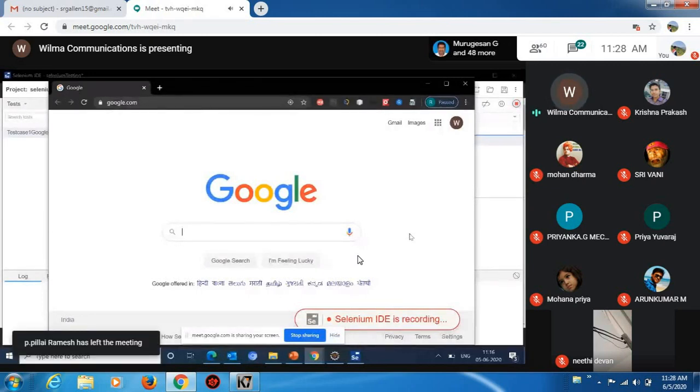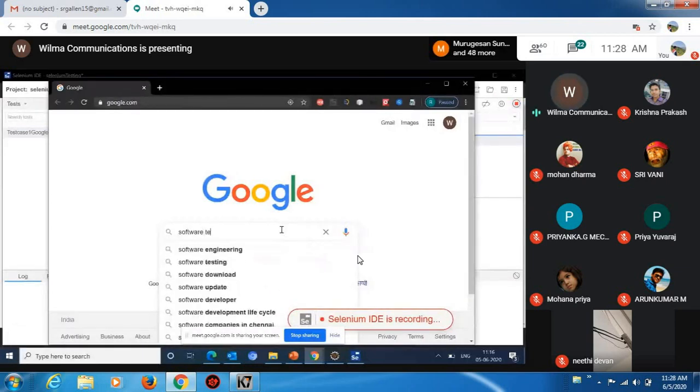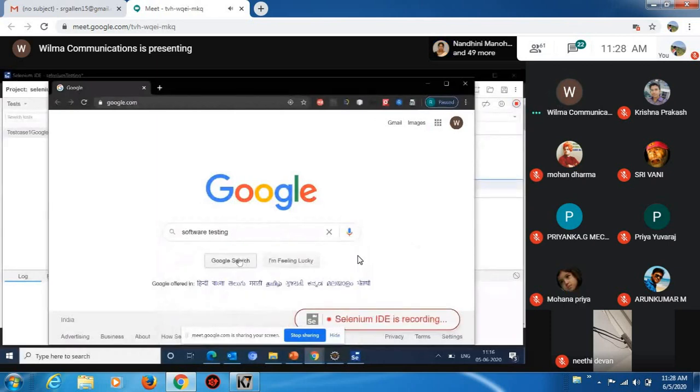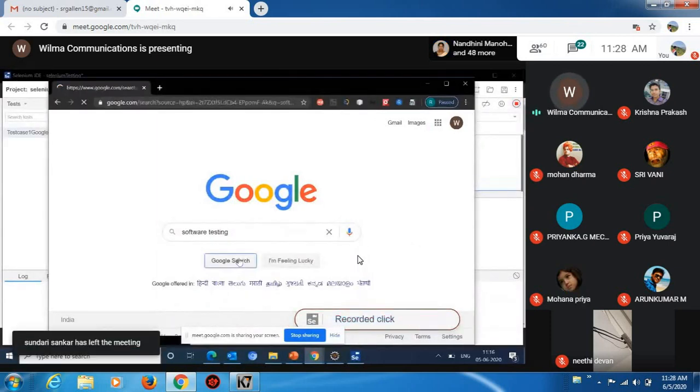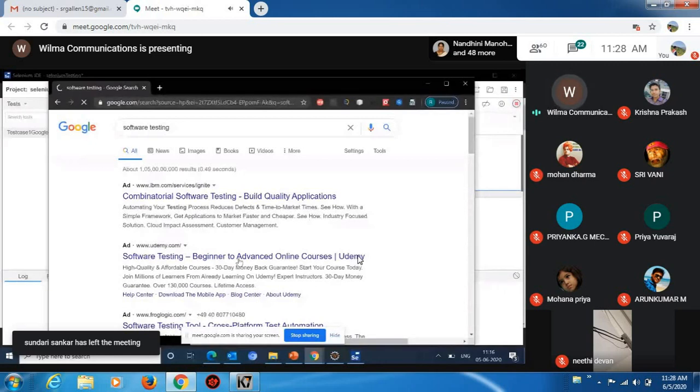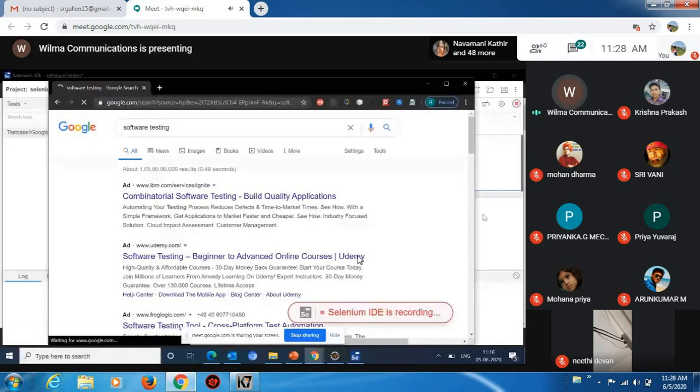So let me write software testing and click on Google search. Now whatever I'm doing, at the same time in the back inside the GUI tool, every activity has been captured. I click on some links.